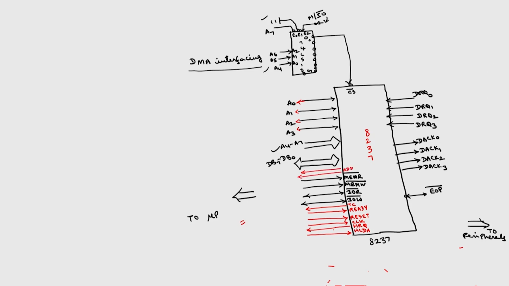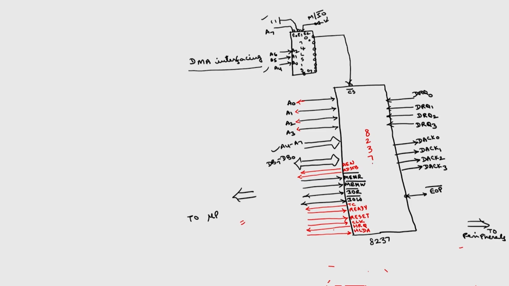Address strobe is ADSTB and address enable signal AEN. These are the different signals available. So, if I connect to the microprocessor, so I will show that connection of the microprocessor to 8237 in the next slide. So, coming for this the internal registers, totally we have